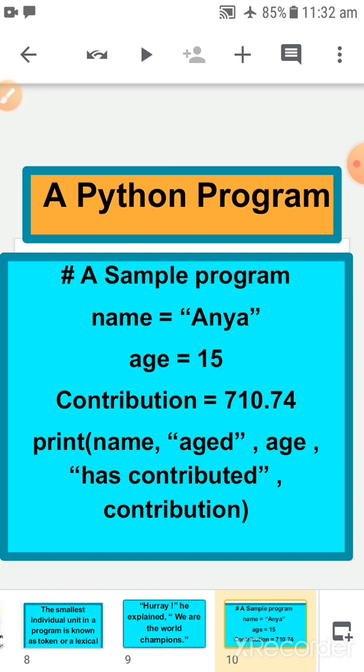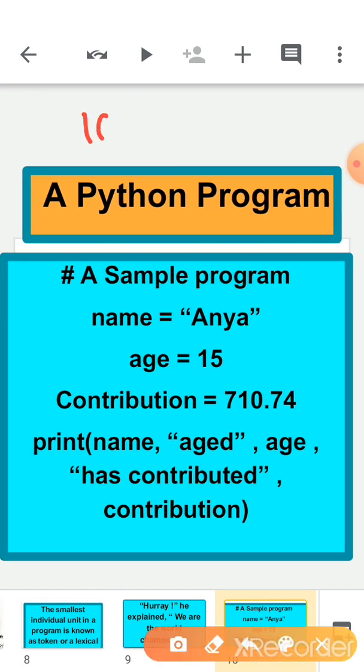Okay, if you notice, in this Python program there are string values, integer values, floating point values, and keywords. Punctuators are also there, like quotes, commas, and symbols. So we can say that in Python we use different kinds of character sets.